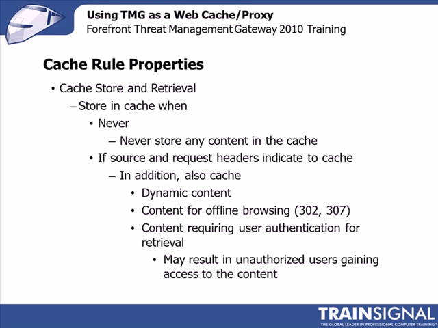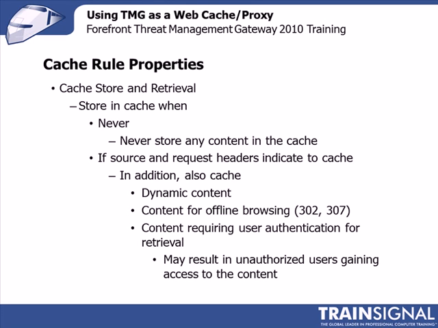I briefly touched on this before, but in HTTP headers, you're going to get cache information, which tells the browser, and tells Threat Management Gateway server as well, how to handle that particular content. So if the source and request headers indicate the cache, then let's cache that content. In addition, you can tell Threat Management Gateway that you also want to cache dynamic content. This is content that changes on a regular basis. Or content that's marked for offline browsing, which means that it will be returned with an HTTP 302 or 307